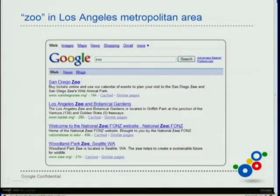So say our user is in the Los Angeles metro area and puts in a somewhat vague query, and they ask for a zoo. Here we'll lead with the San Diego Zoo, which is an extremely well-known, world-famous zoo. And it's only a couple of hours down the coast from LA, so it's likely that our users will be willing to go there for a day trip. We then have the LA Zoo, which is also a good zoo,